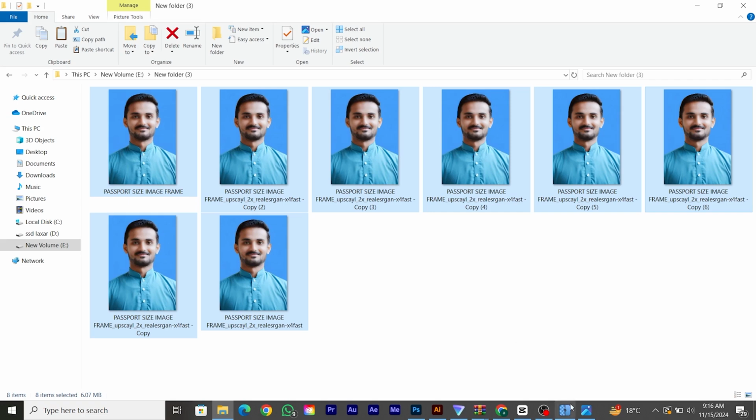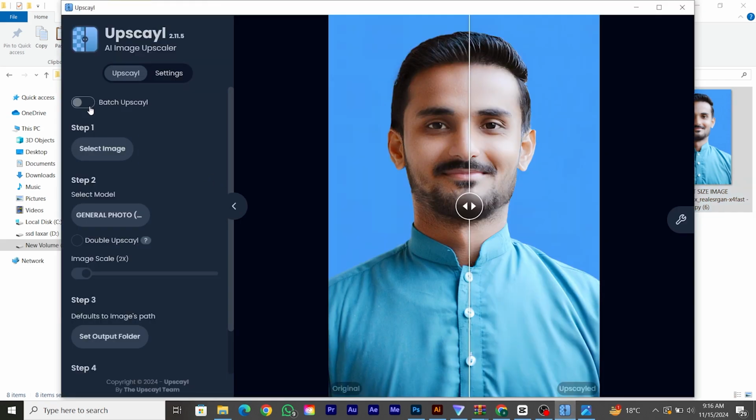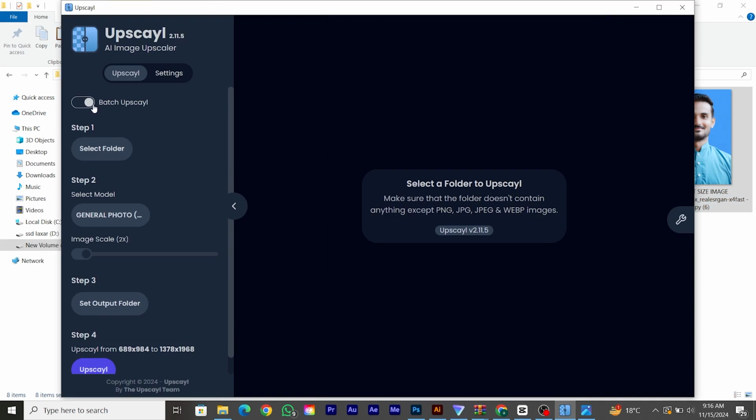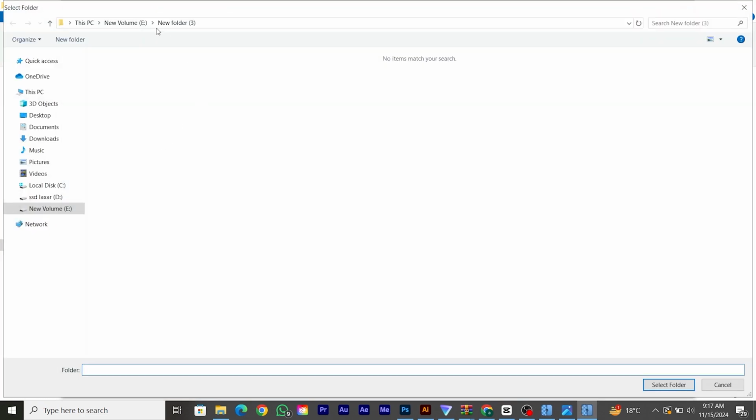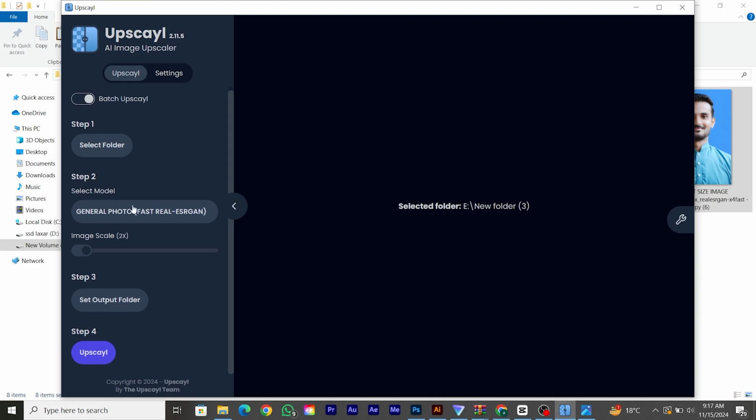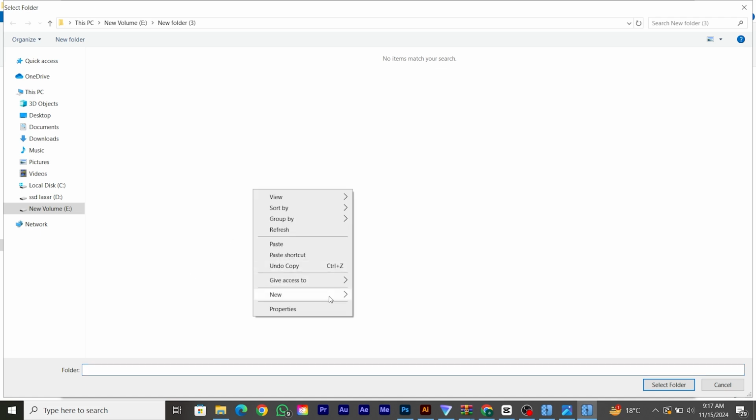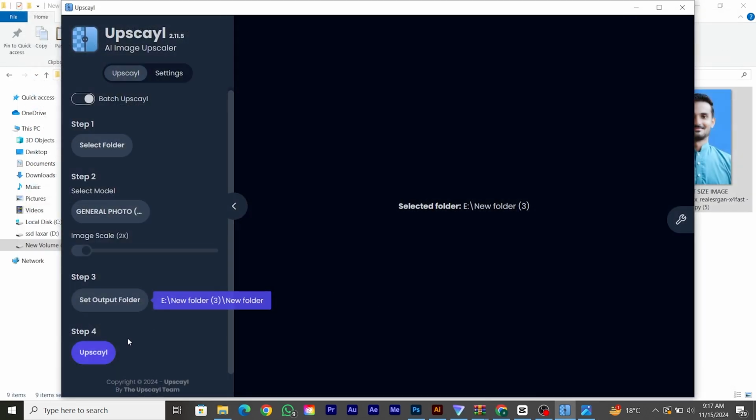So you just have to go to upscaling and turn on the batch upscale option, then select the folder that you want to batch, like this folder 3. From step 2 you select the model, and I selected the last one. Then select the image scale value, I will select 2x. Set the output folder, and I am going to create a folder in it. This is my output folder, and then just upscale.